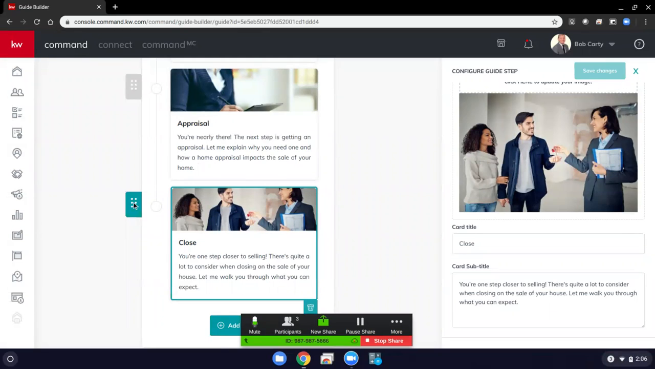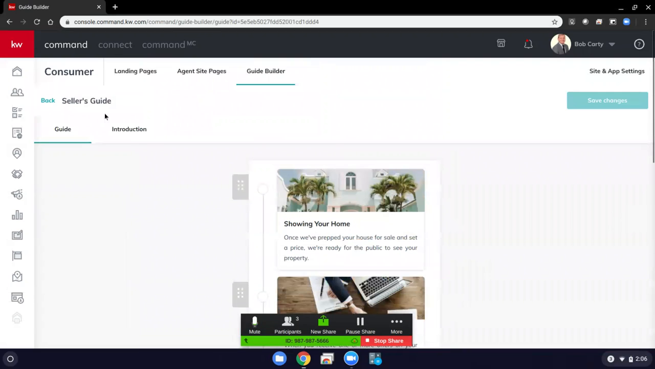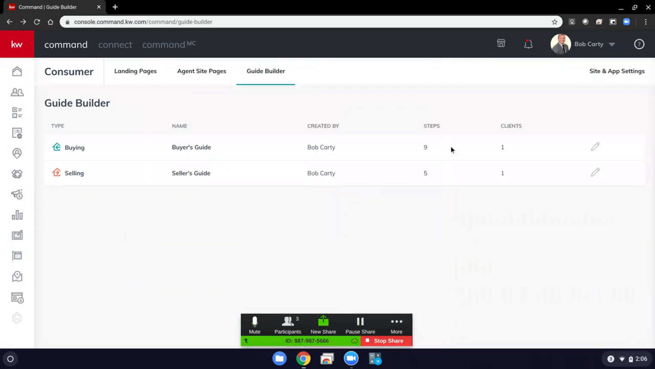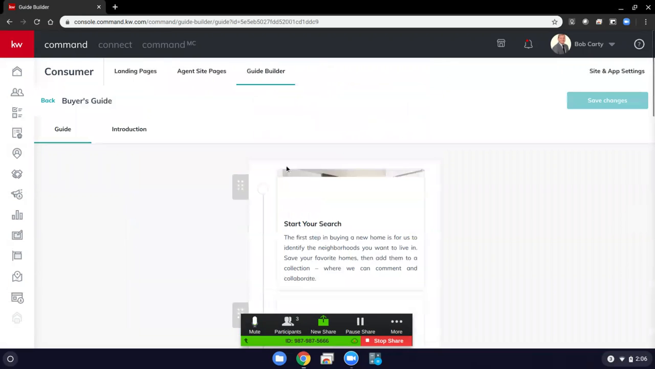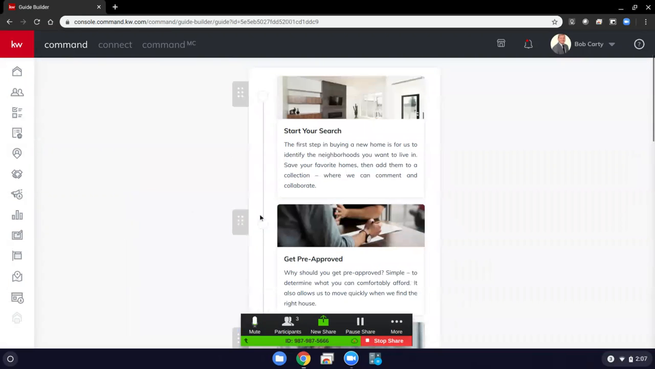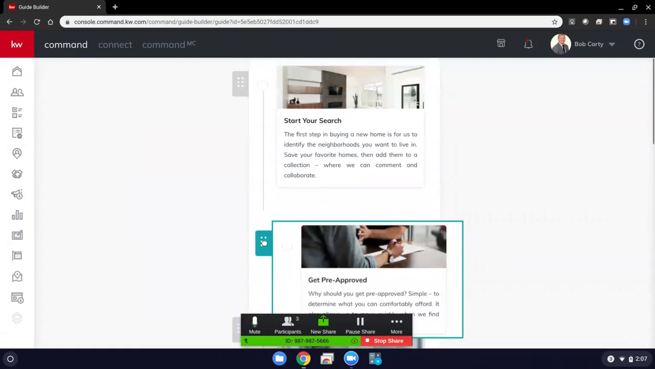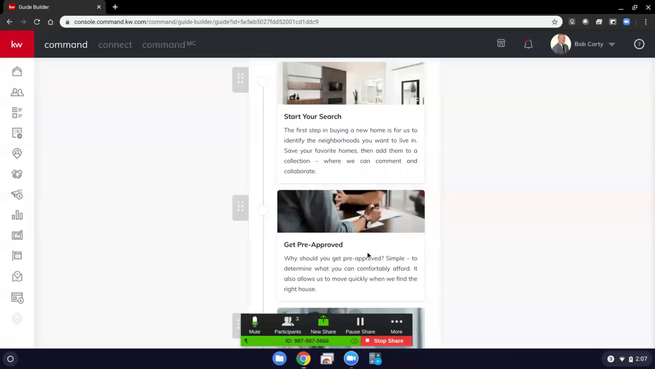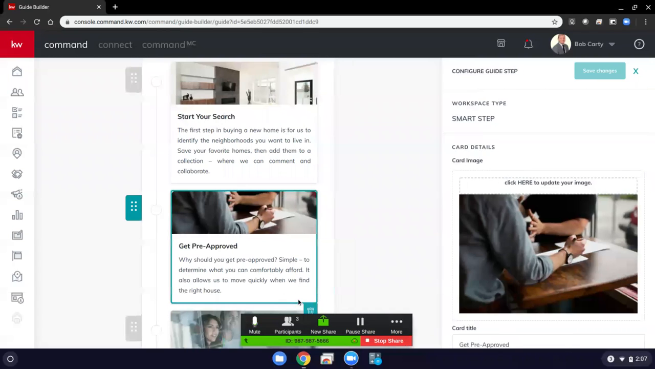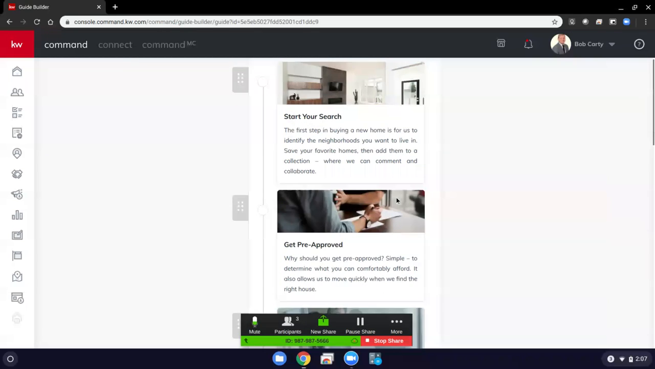You can also rearrange the steps. One that was interesting on the buyer guide was start your search and then get pre-approved. It's conceivable that you might want them to get pre-approved before they even start looking so they know what they can afford. So I can rearrange that step by clicking these little six dots here and drag and drop them. Also, when you click on these items, there's a little trash can icon, you can delete